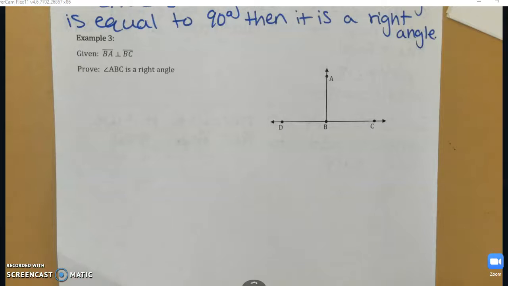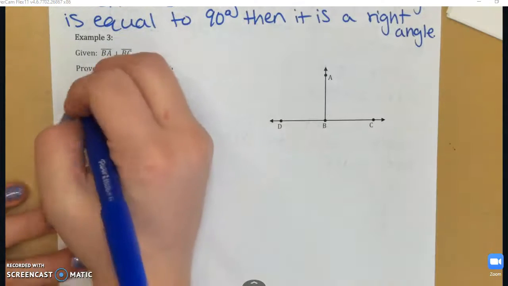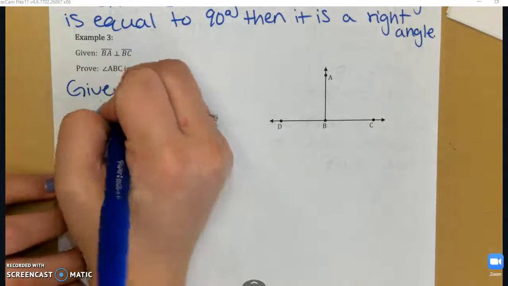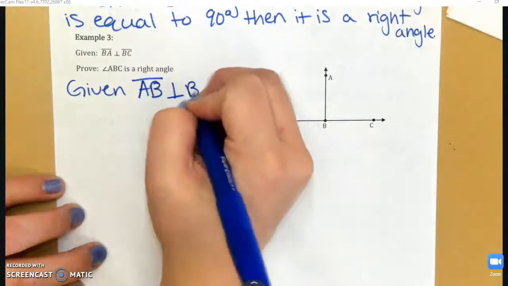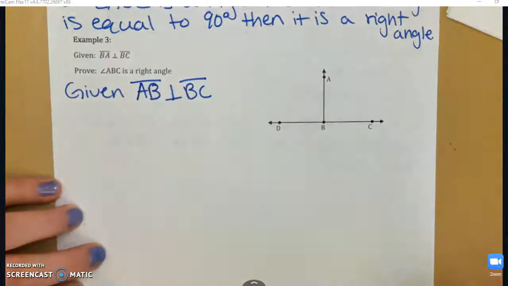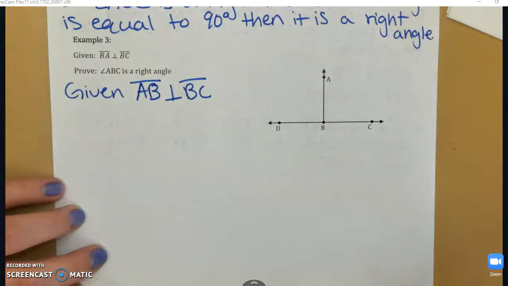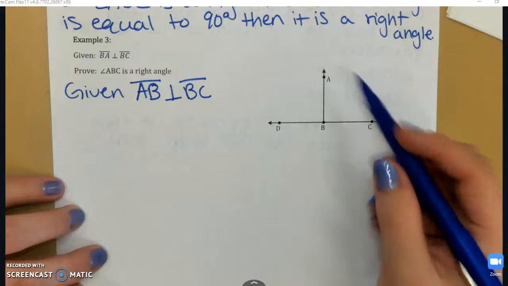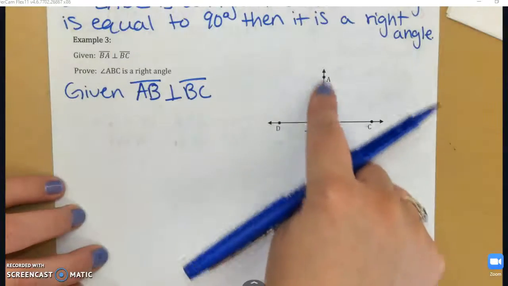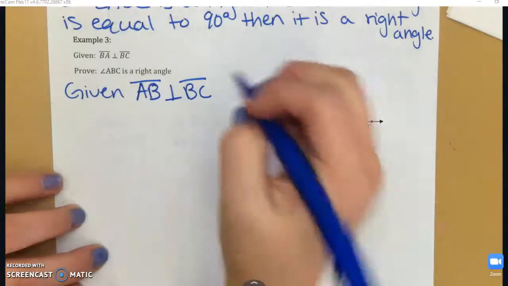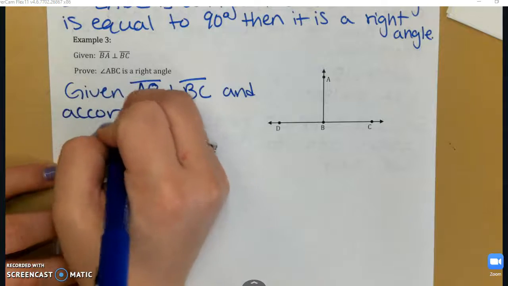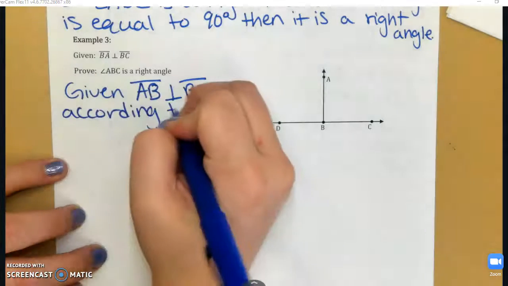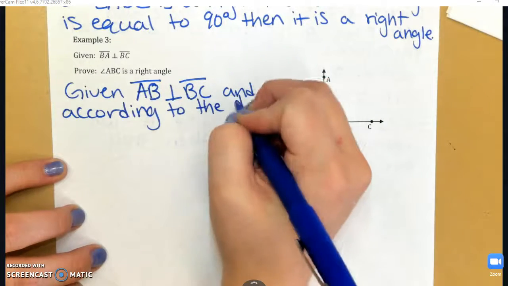All right, number 3, we're told that segment BA is perpendicular to segment BC. And I want to prove that angle ABC is a right angle. So let's start with my givens. I'm given AB is perpendicular to BC, or BA, same thing, right? You can switch the order of those endpoints. And then angle ABC. The diagram tells me that angle ABC is formed by the intersection of those two segments. So according to the diagram,